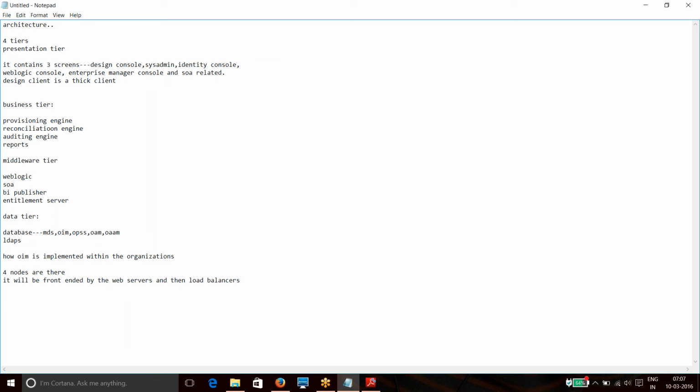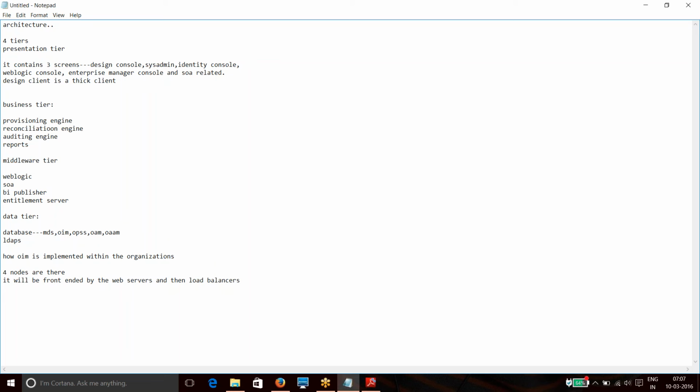But right now, in our sessions, we'll be installing on a single node, because it won't be possible for us to demonstrate the two-node setup and all those things. So it is a single node installation, but it will be similar. If you have ever been into an admin kind of job, you'll know these things. Basically, it will be installing the same things on the other machines as well.